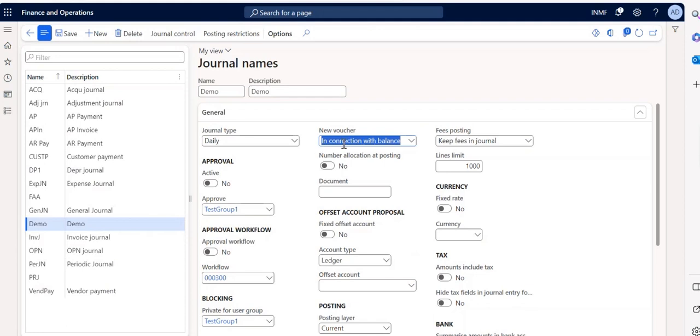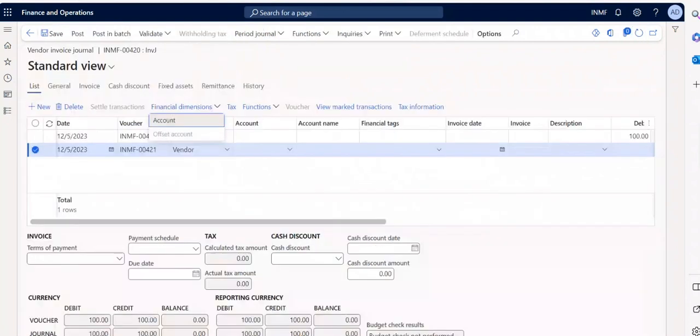So this is basically in connection with the balance of the voucher number. When debit and credit match, the next number series will be different, or the next consecutive number series. And here is the manual. So when we select this manual number series, it means when we click on this vendor voucher,